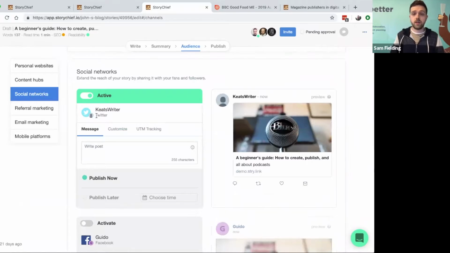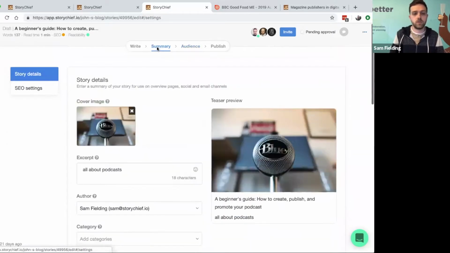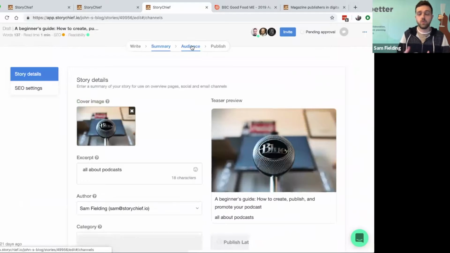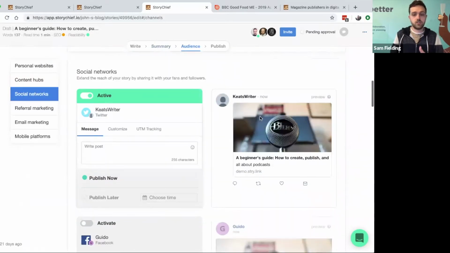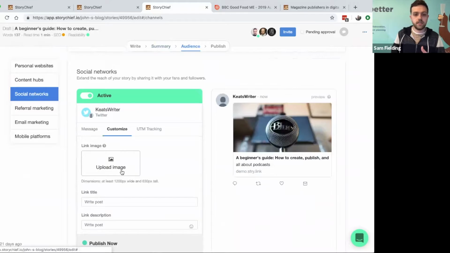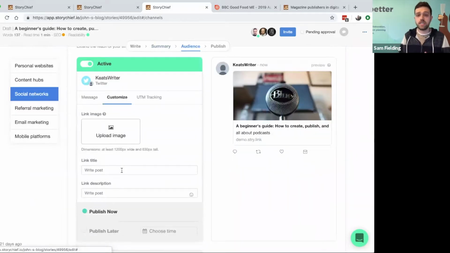So previously, what image we used was just a cover image for that story that you set in the summary tab here. But now with the ability to customize, you can choose a different image. Let me just go back down here. So you choose a different image, you can change the title, you can change the description. So you can really tailor